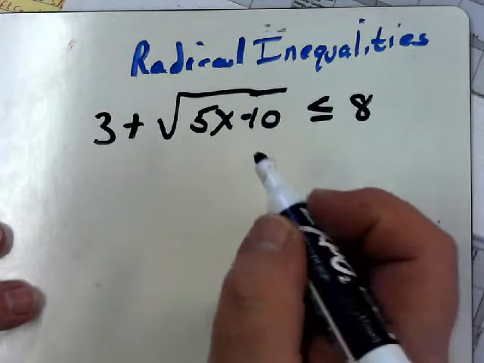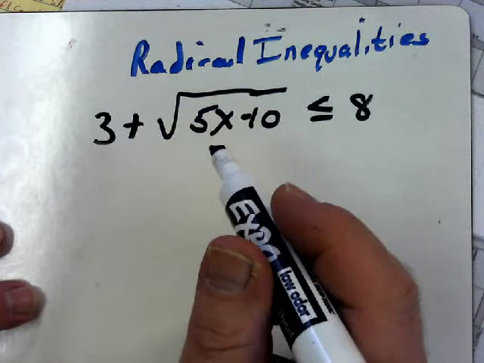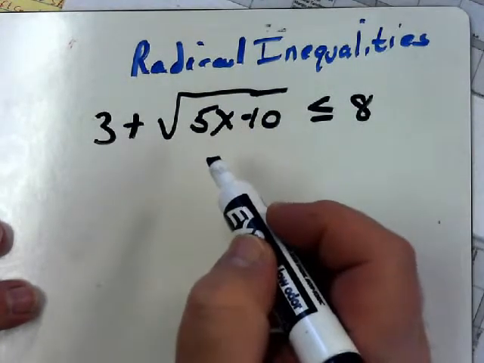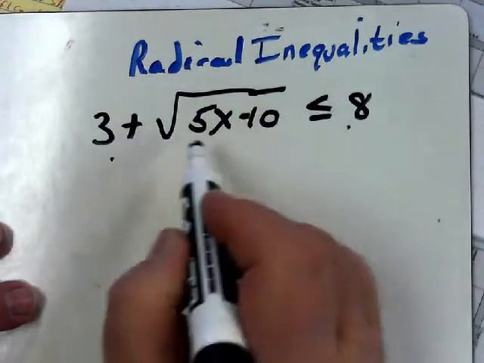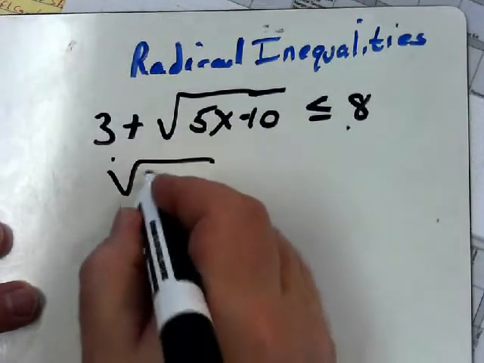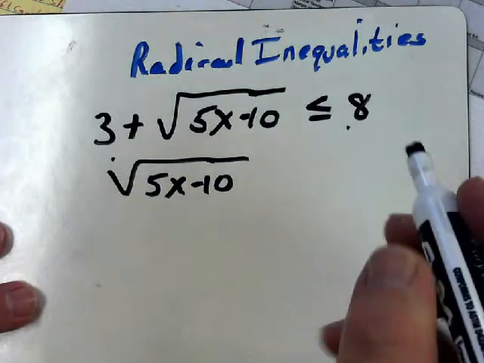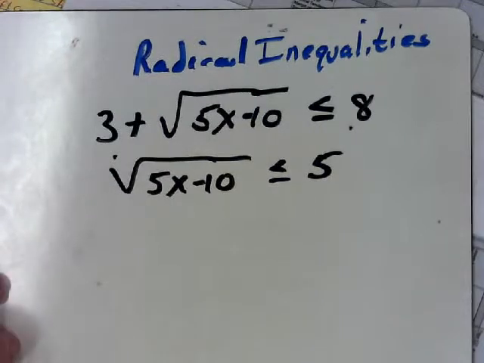One of the first things that you do is just like we solved with an equation, which means if I was looking at this as just an equation, didn't I take this 3 and move it over to this side so that I isolated the radical? Okay, so do exactly the same thing. So 8 minus 3 is 5. Right? Okay? Since I've isolated the radical on a side by itself, what do I do to both sides